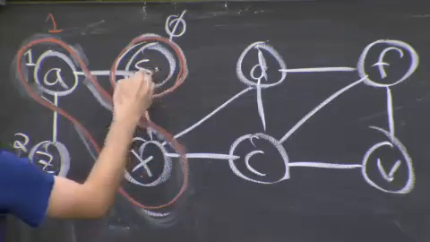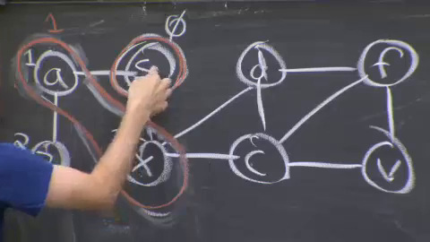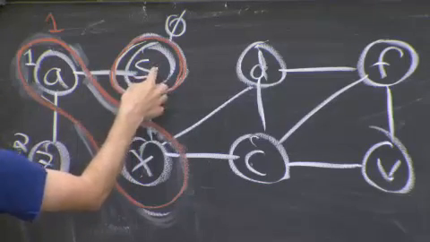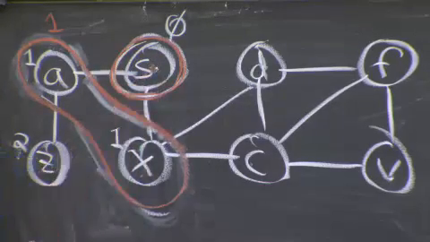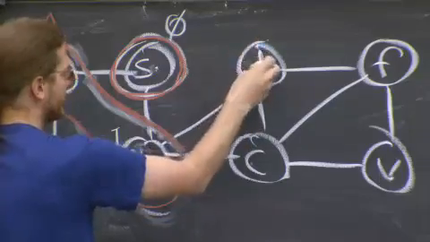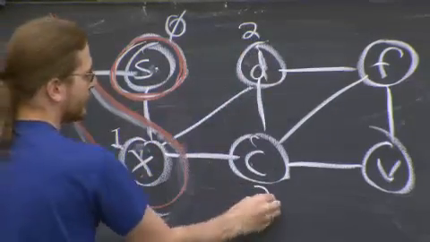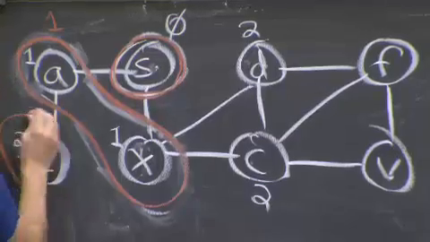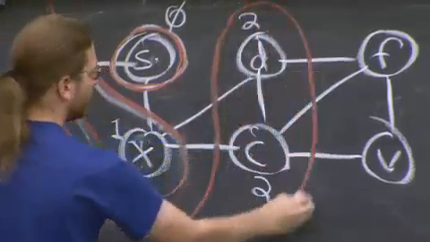And we look at X. It has neighbors S, D, and C. We look at S again. We say, oh, we've already seen that yet again. So we're worried about this taking a lot of time because we look at S 3 times in total. Then we look at D. D hasn't been set, so we set it to 2. C hasn't been set, so we set it to 2. So the frontier at level 2 is that.